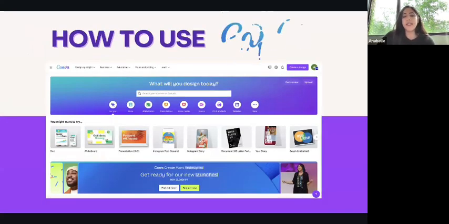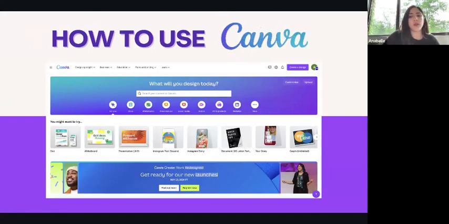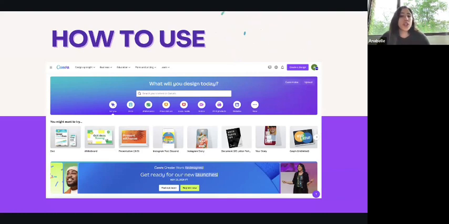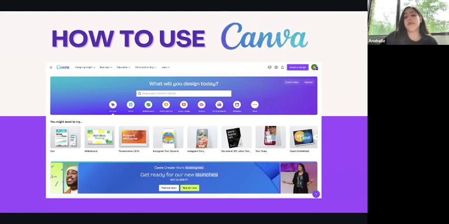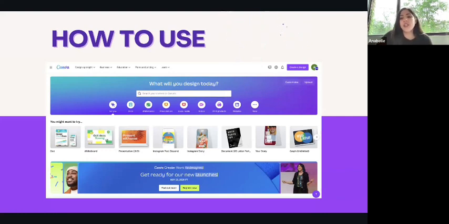Okay, so if you're going to design on your own, then you would be using Canva. Like I mentioned, it's the easiest. It shows you all the different templates you can use. You can get started on designing your first Instagram post, your first Facebook post, your first event template. All of that is on Canva, including your business cards, stickers, t-shirt samples. All of that is on here, and you can get really inspired, and it's just a sigh of relief when you're like, wow, I don't have to come up with all of this myself. You can just kind of piggyback off of other ideas that are on here.